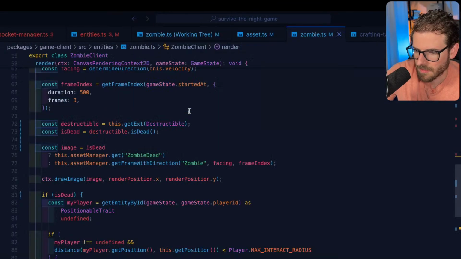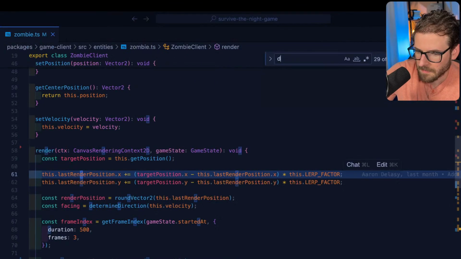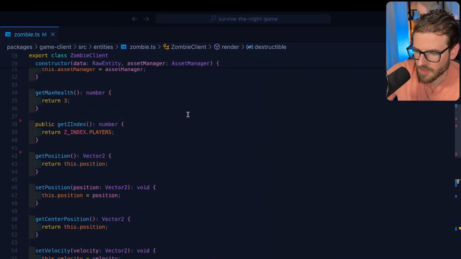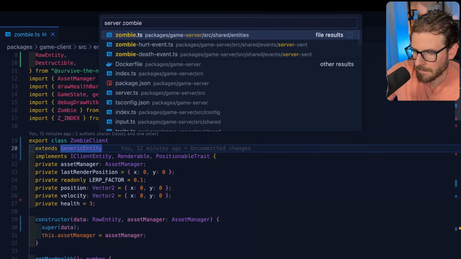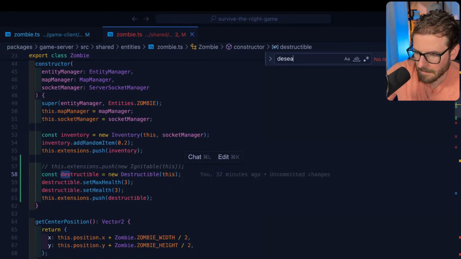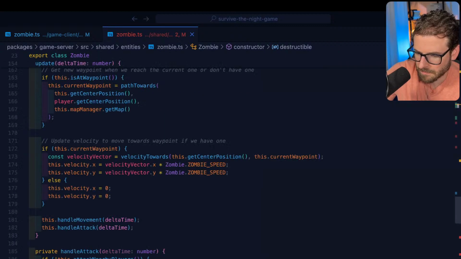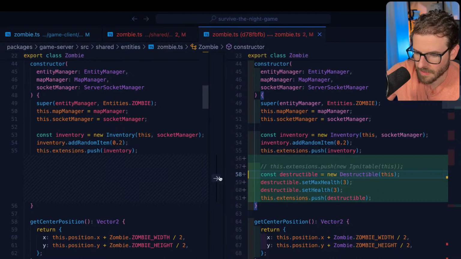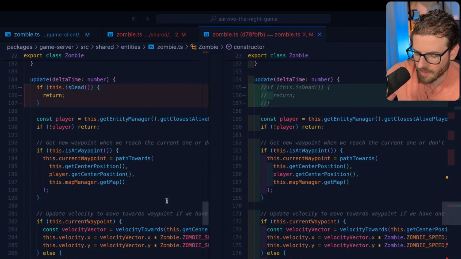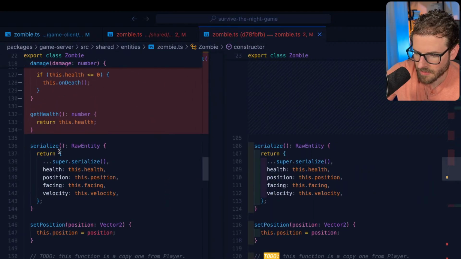Where's the zombie? Yeah, there's no deserialize on this because it's using a generic entity zombie. Did I delete something I shouldn't have? Serialize.